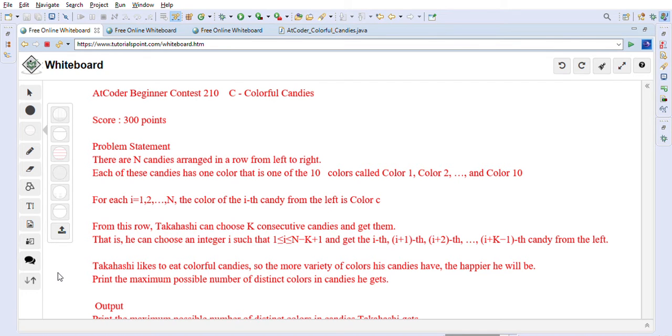Hi friends, welcome back. Today we are going to solve AtCoder Beginner Contest 210 problem. The name of the problem is Colorful Candies. Before we start looking into the problem details, some examples related to this problem and the Java solution, I just